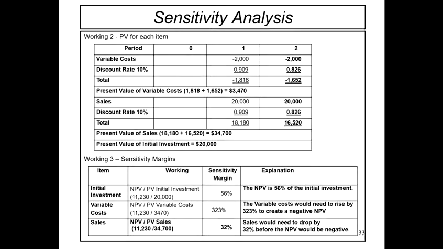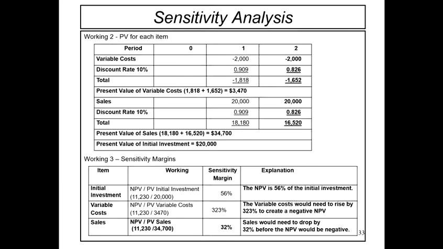Okay, so next kita tengok kepada sales pula, dia ada 32%. Which means that if the current sales level decreases by 32%, then the project's NPV will be 0 or negative. Okay, 32%. Kalau sales kita tu paling-paling lah kita boleh decrease sebanyak 32% je. Kalau lebih dari 32%, kita punya NPV akan jadi 0. Itu untuk sales pula. Kalau untuk variable cost, if the current variable cost increase by 323%, then the project's NPV will become 0 or negative.